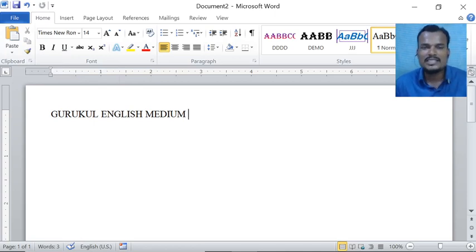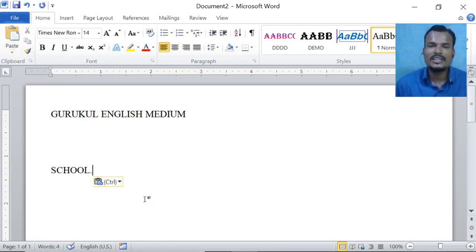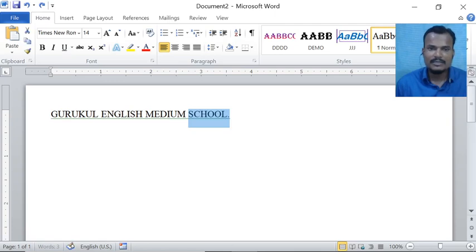And cut paste is nothing but, having removed this text, where you want to paste, just keep the cursor there and click on paste, and it will be pasted there. This is cut paste. Copy paste is where I select this text, click on copy, then keep the cursor where I want the text and click on paste.